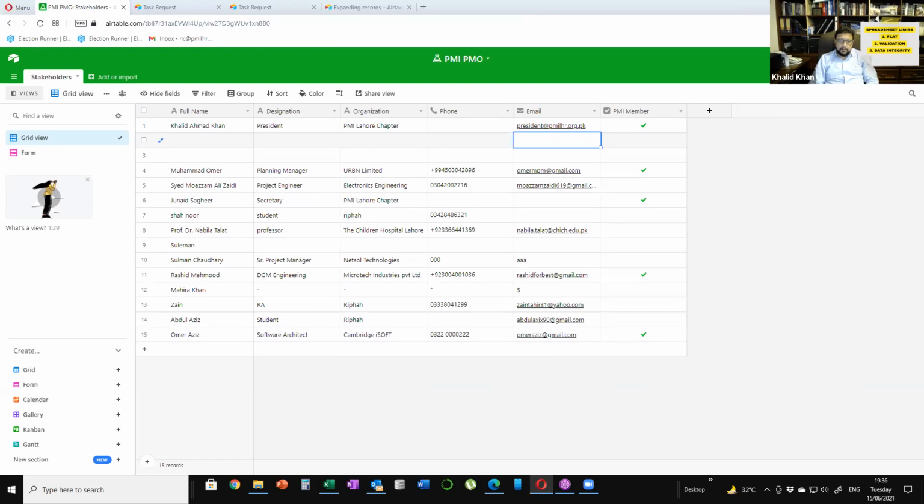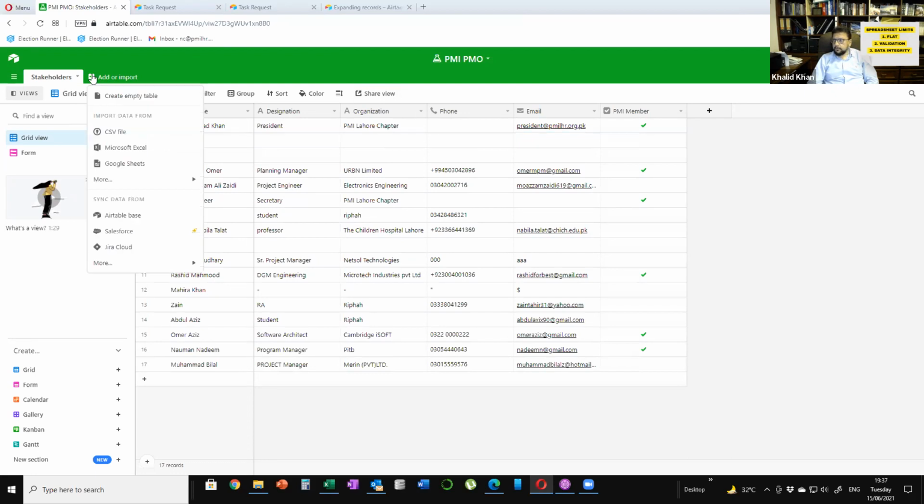Now what I'm going to do is create something जो projects track करने के लिए हम use कर सकते हैं. So let's just create a quick application to track our projects. And here's how we're going to do that. So I'm going to come over here